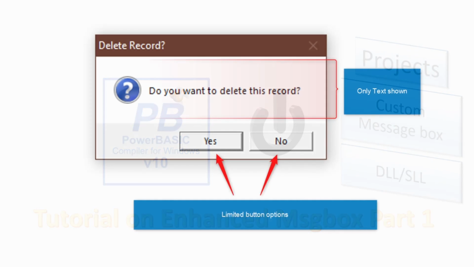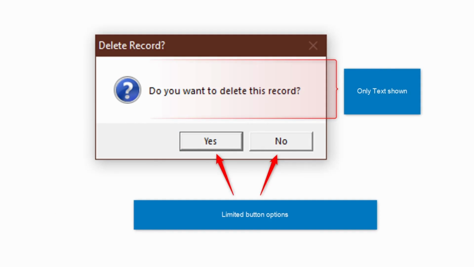In Windows, the standard message box can be very useful. It gives you a mechanism by which you can prompt the user to respond, all done in a single line of code. However, there are some limitations to the message box command. Within the body of the message box, you can only show text. There are also limited options for the buttons. You can only have 3, and the text on the buttons is pre-selected for you.